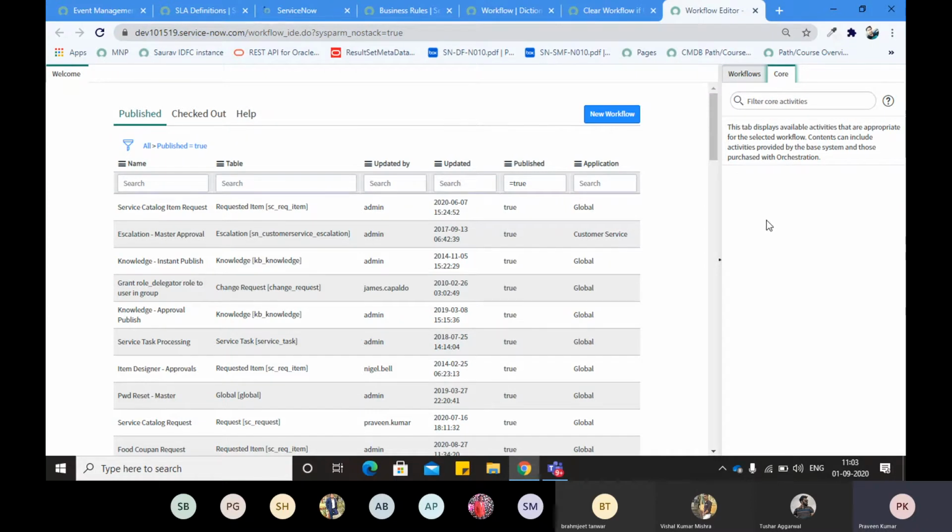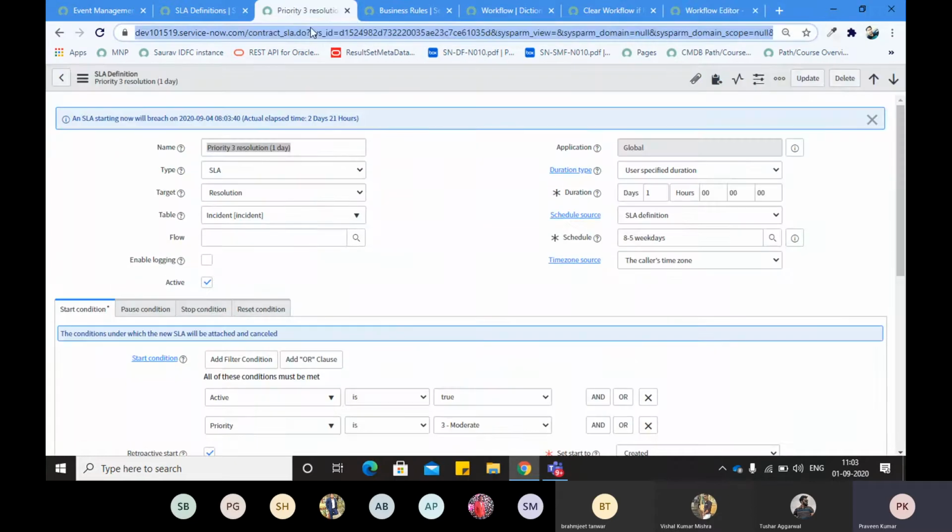If you are running your workflow on an SLA table, not on a task, you will have an activity like SLA percentage. You will drag and drop the activity over the workflow, and it will wait until the time has passed up to 25%.